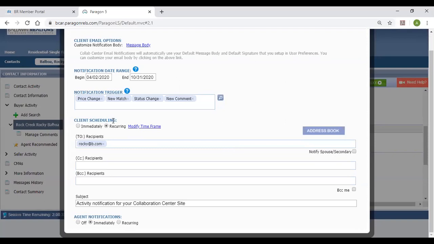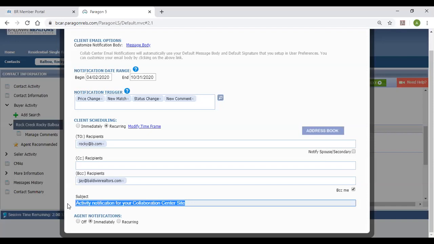As you can see, our email for a client has already been pre-populated. If you want copies of everything that goes out to your client, you can look down here in this corner in BCC me as the agent. If you click on that, you'll see that your email will come up, okay? And let's just make sure, too, here's the subject. This is the default, but let's just change it for this client. Rock